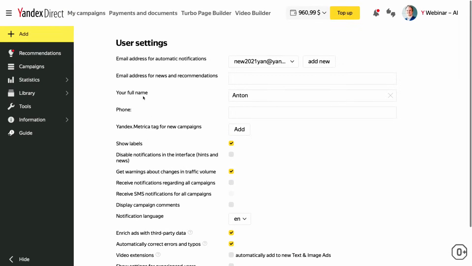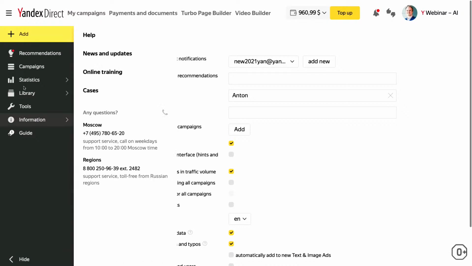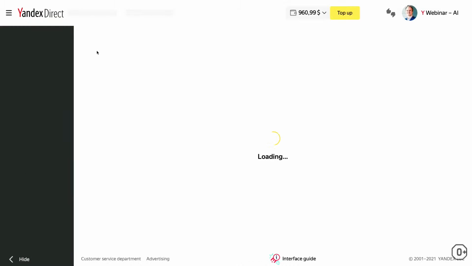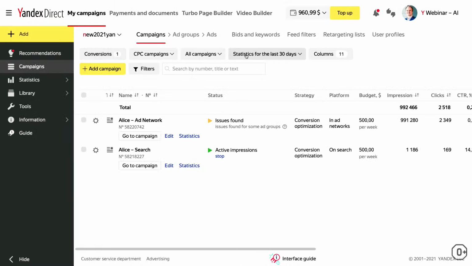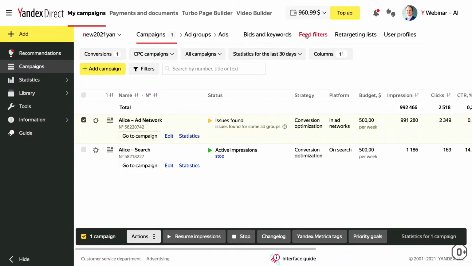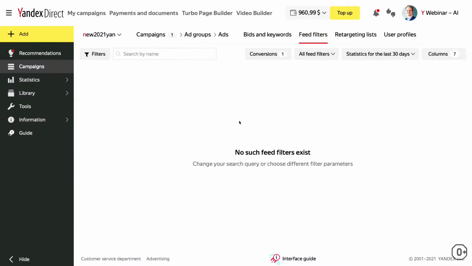Okay, that was the user settings. Now I'm going to go back to the campaigns list over here and proceed with different things. So I also haven't touched yet on field filters. If I click, for instance, on some campaign and go to the field filters, if my campaign has some